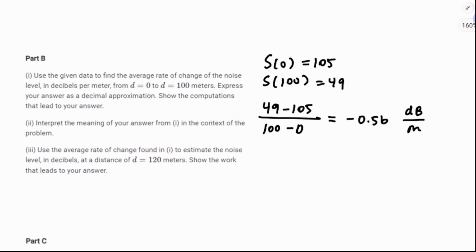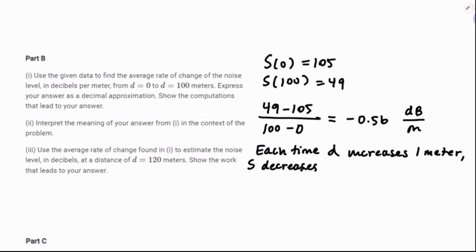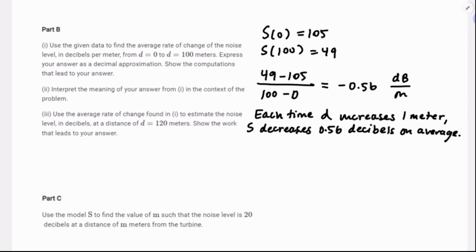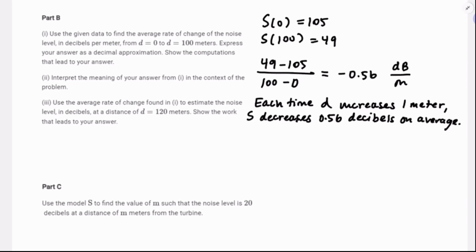Okay, so, oh, I guess that wasn't m, that was d. Each time distance increases 1 meter, S decreases 0.56 decibels on average. Okay. Then we're going to use the average rate of change found in the first part, that negative 0.56, to